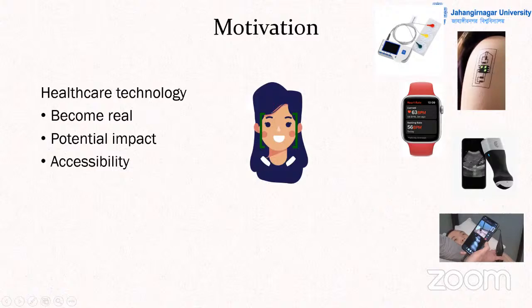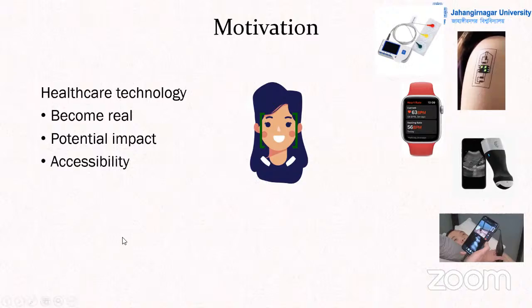In our coming society, people will be more involved in other work, but at the same time they need to constantly monitor their health in those situations. So the potential impact of this technology in the near future, which we are calling Society 5.0,